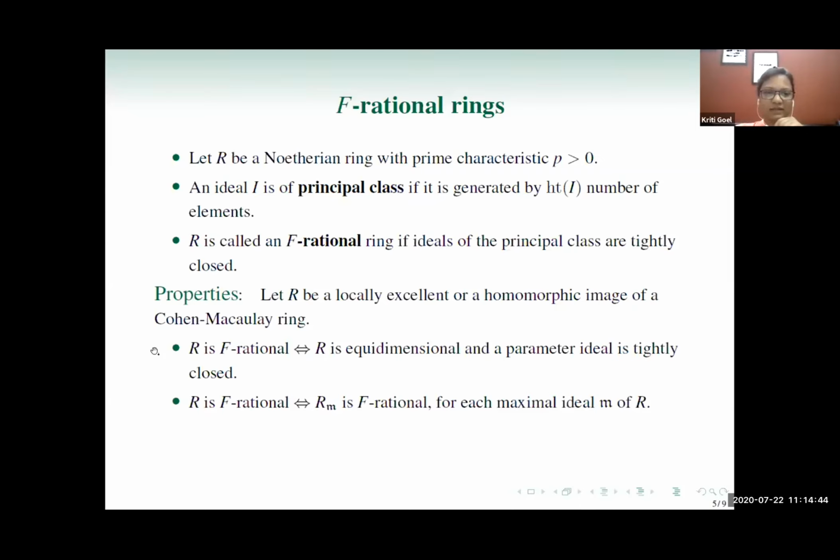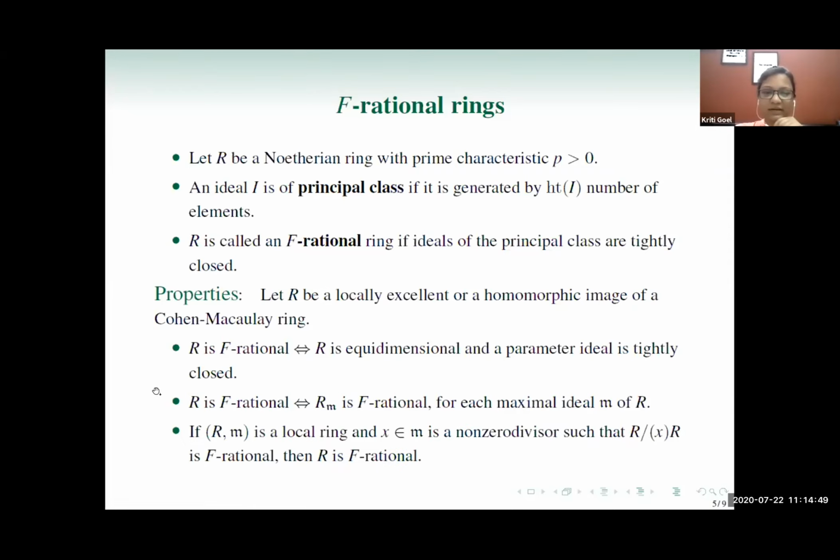So let me mention here, we have not assumed Cohen-Macaulayness over here, but let's say we have a local ring R and a non-zero divisor x in the maximal ideal, such that the quotient ring R/xR is an F-rational ring, then the ring R will be F-rational. Unfortunately, the converse of this statement is not true. This means that R being F-rational will not say that the quotient R mod xR for a non-zero divisor x is F-rational. This and a few more examples I'll